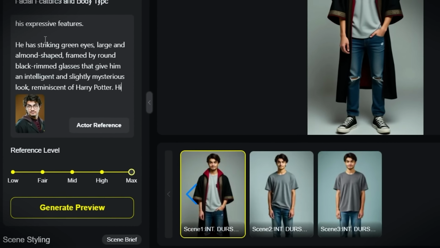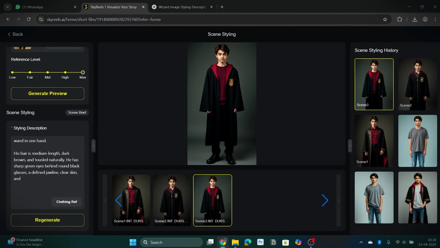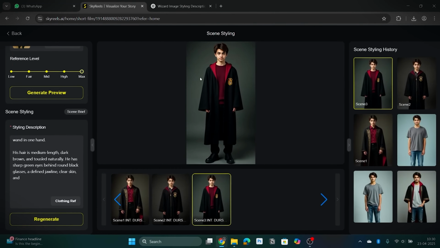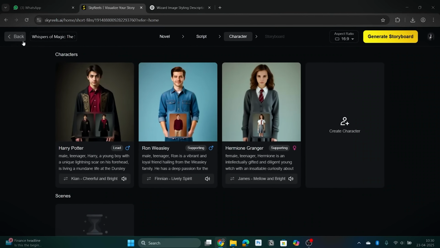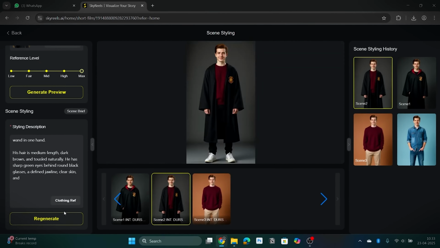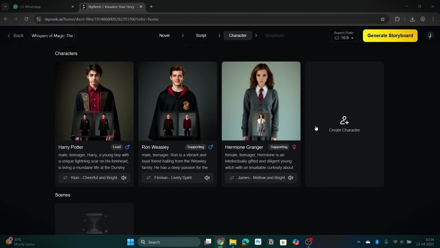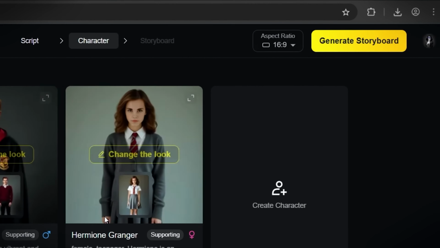And to give her a little main lead feel, I will also explain a little about her clothing styling, etc. Because of which the result I got was something like this. I liked this look. So I changed dresses in the remaining 2 scenes in which Harry is there. And finally I have different costumes for all 3 Harry's scenes. Now after Harry I will do the same with Ron too. By the way, if you have noticed, I have worked as both casting director and stylist right now. That too with just a few clicks.